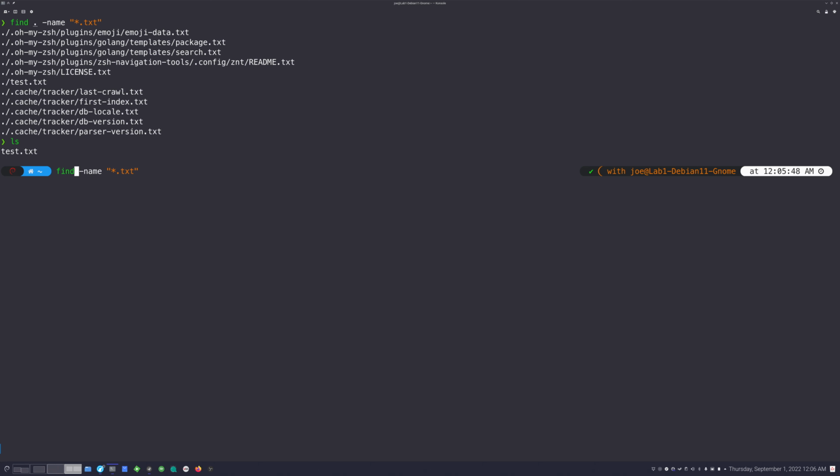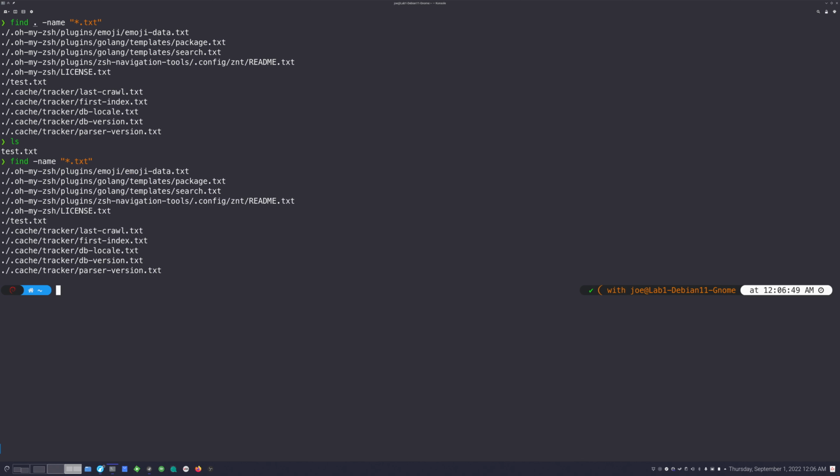The find command makes an assumption. If you don't provide a path at all and you just do find -name and then a star.txt or whatever, it's going to assume that you want to use the dot there, basically. It's going to assume the current directory per the man page, right? Now, double check that on your distro, because I'm not sure if that's different on other distros, but at least in Debian, that is the case, and you can see that written in the man page if you look.